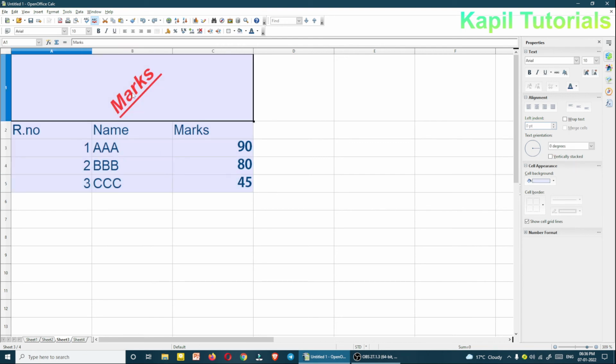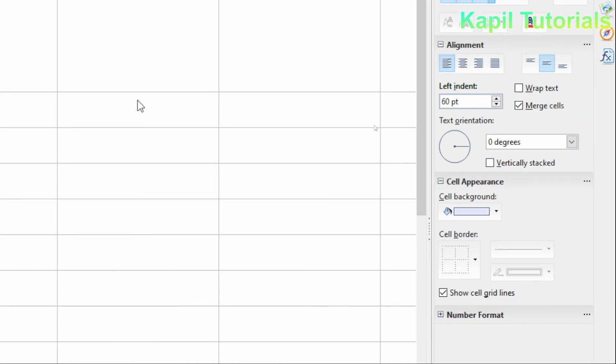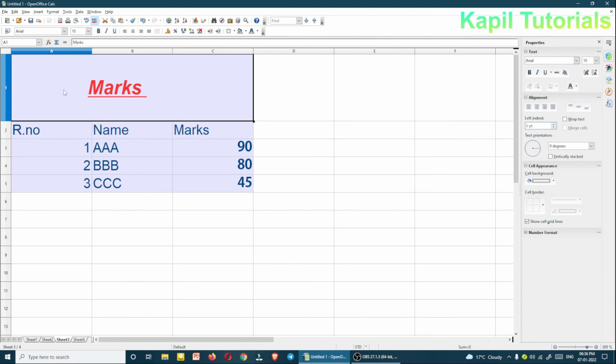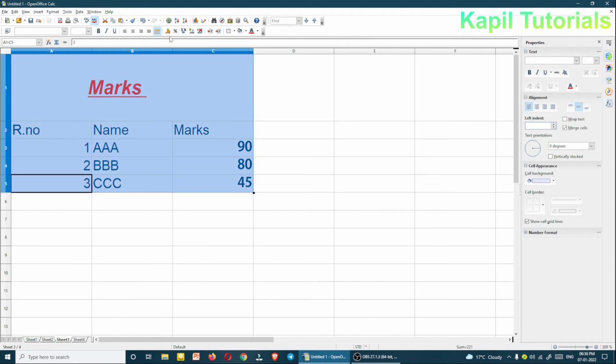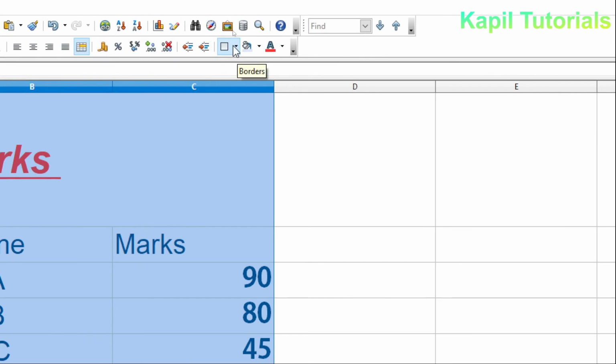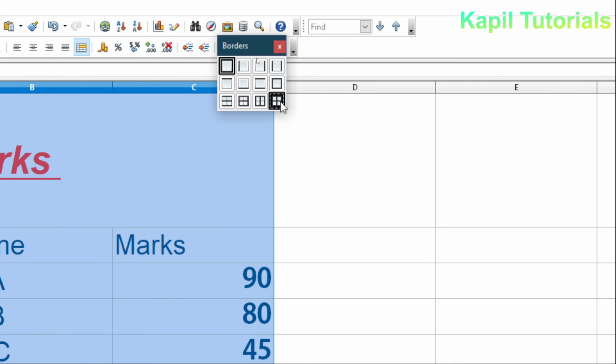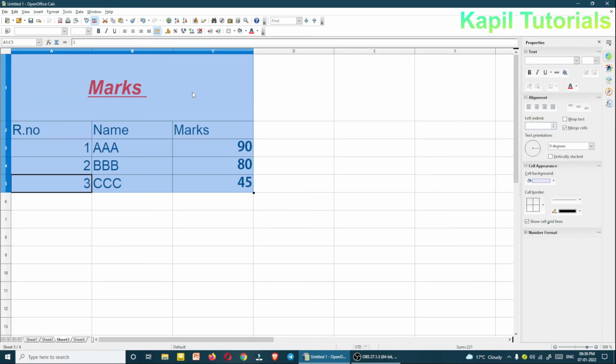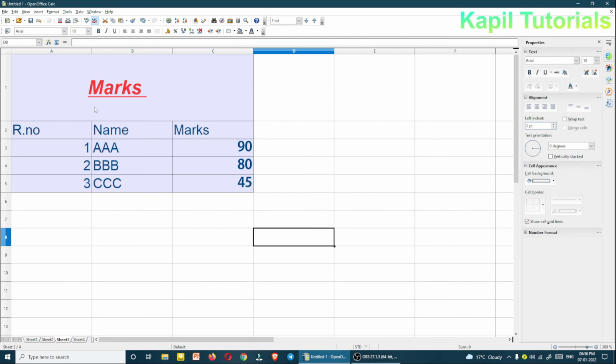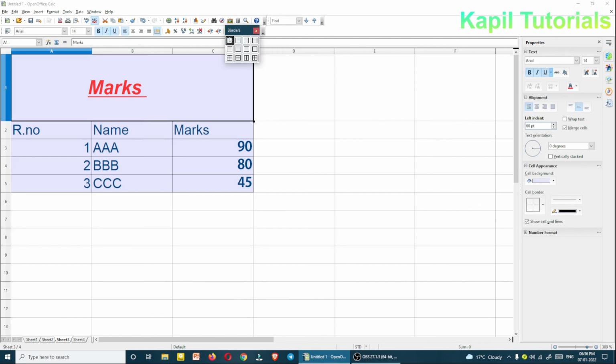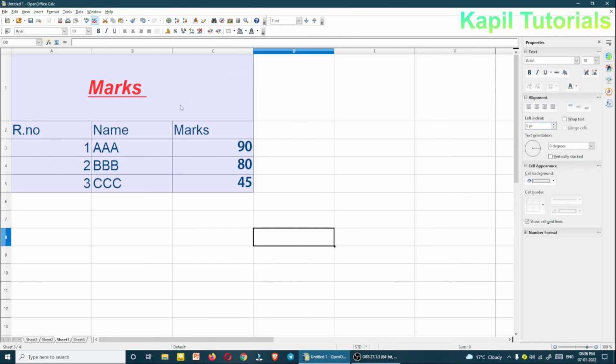Okay, and I'll make this orientation 0. Now if I select the border, it's coming like this.